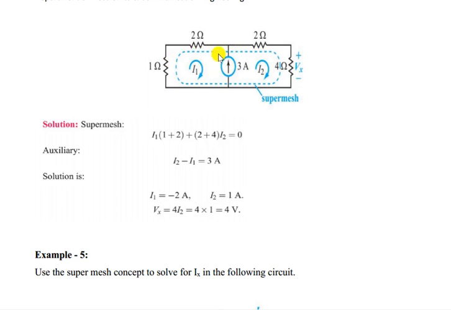That means we have to remove this current source and form a super mesh by merging M1 and M2, mesh 1 and mesh 2 together. So this is the super mesh now. For the super mesh, the equation we write is (1 plus 2) into I1, then (2 plus 4) into I2, equal to 0. If both are minus also, then when you equate, it will be 0 equal to 0 only. That will become positive.